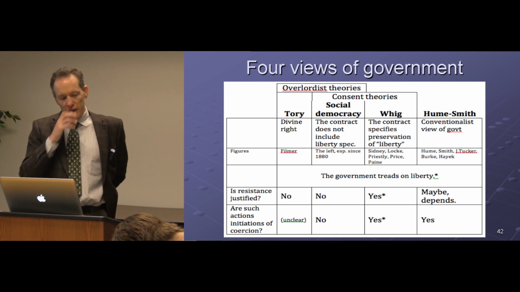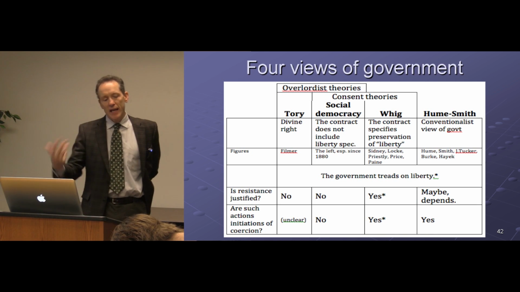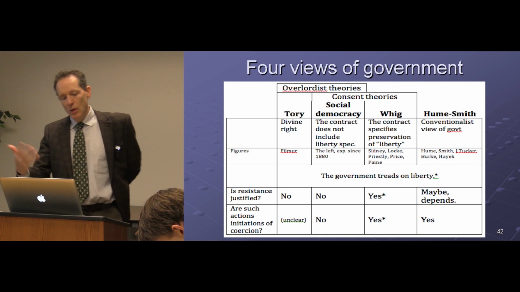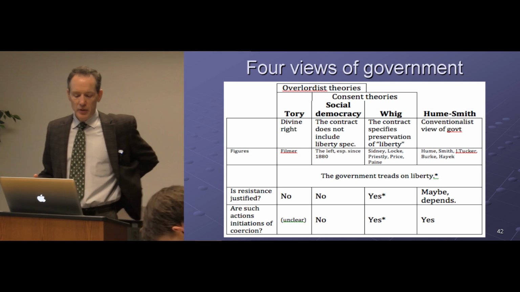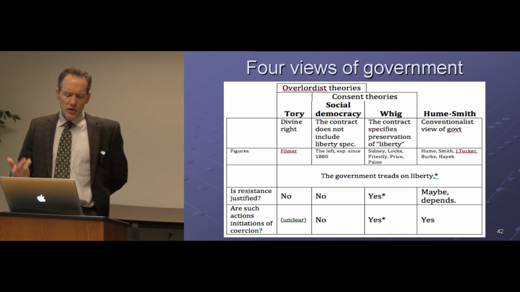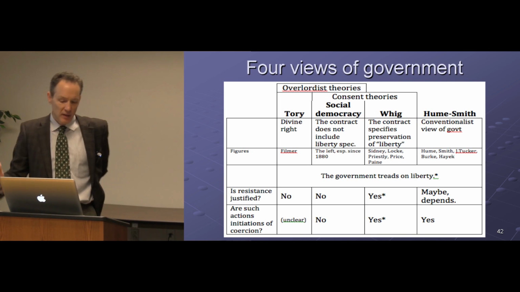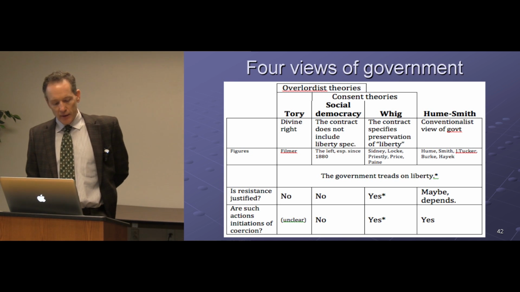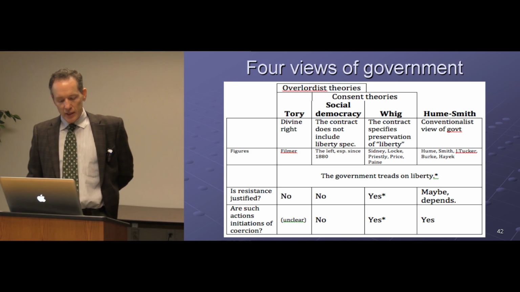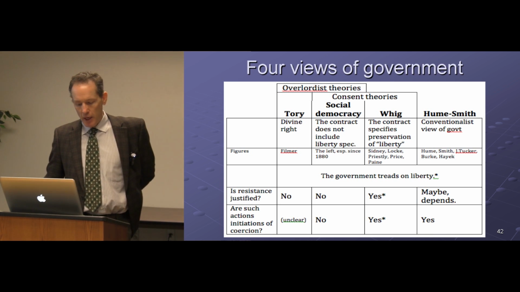And then these private individuals notionally have a contract with each other, creating this government to protect their overall liberty, in my interpretation. And so there is no overlord, but there is a contract theory. And you can kind of think of Hume saying, hey, this contract theory can easily bleed into a slippery slope or something. So he said, let's not do consent theory at all, and let's be real clear that when the government treads on liberty, they are initiating coercion, okay?